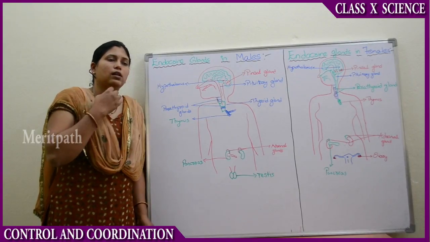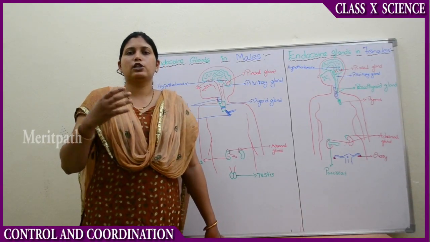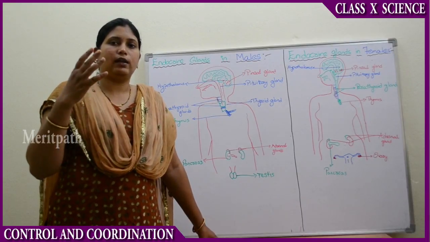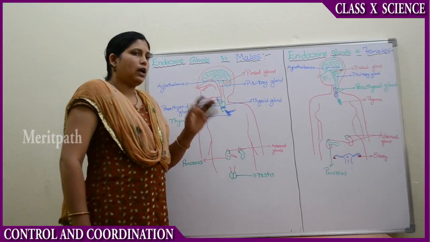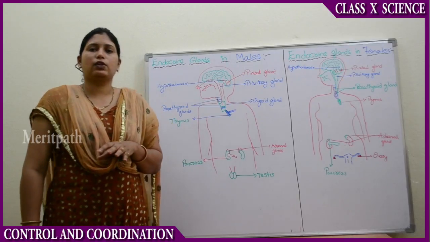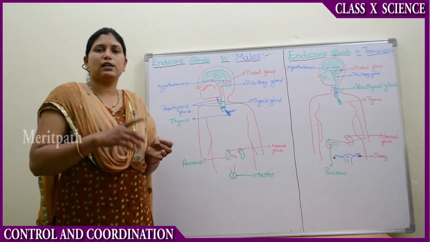Sometimes we see the neck will be swollen in some people. That condition is known as goiter, G-O-I-T-R-E, goiter. The neck will be swollen, that means the thyroid gland is swollen. That is the disease of the thyroid gland, goiter. Improper secretion of the thyroid gland will lead to two types of disease, either hyperthyroidism or hypo